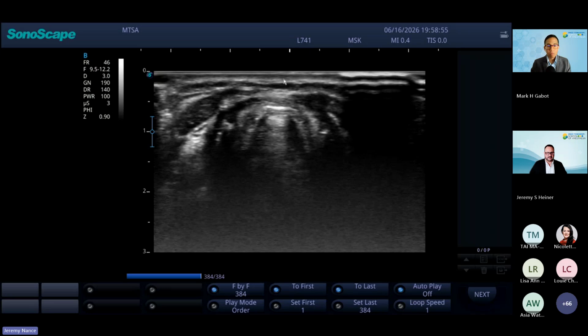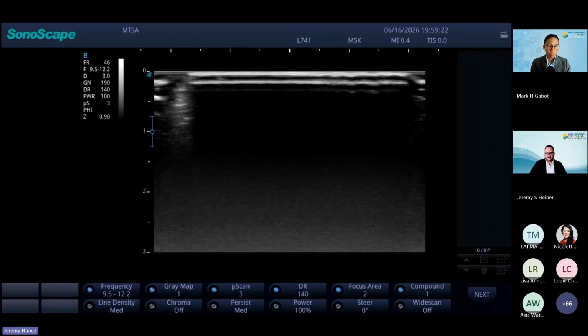But most importantly, down the center of our screen, you can see it's just soft tissue. And again, there were no vessels appearing on Doppler, so I feel pretty comfortable that when I insert my needle along this trajectory, I don't have to be too concerned about hitting any aberrant vessels. Okay? The only other thing I would recommend, again, if we rescan this, and again, I'm going to apply a